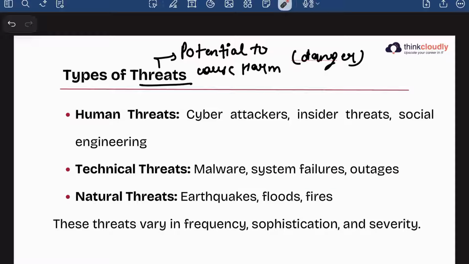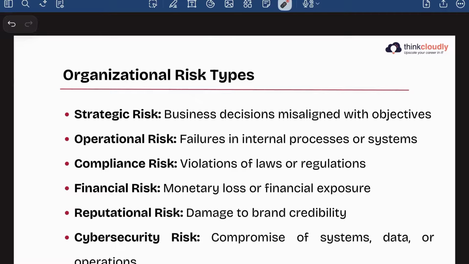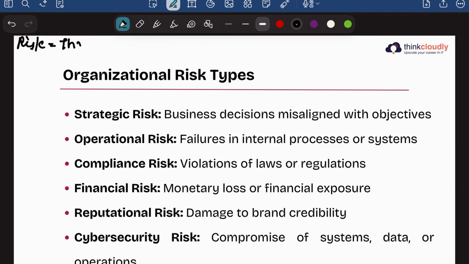And then you have risk. Now, if somebody would ask me what risk is, simply, I would say risk is threat times vulnerability times impact. Very common, right? In cybersecurity, risk is potential for loss. It is not certain that it is going to happen. We are just assuming. Potential for loss. Everything about risk is assumption.